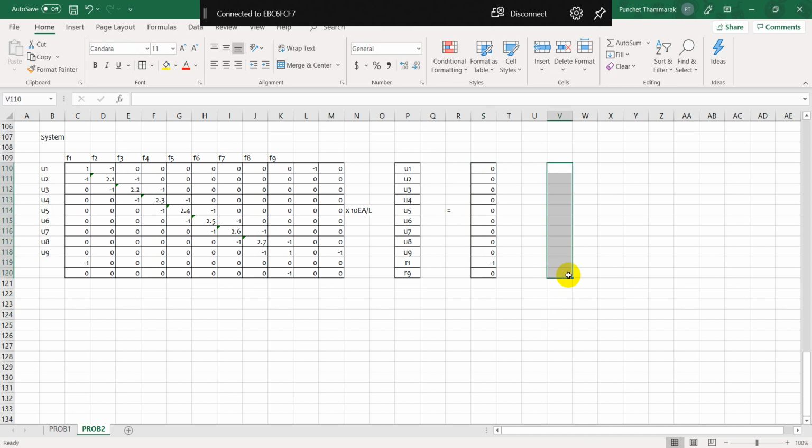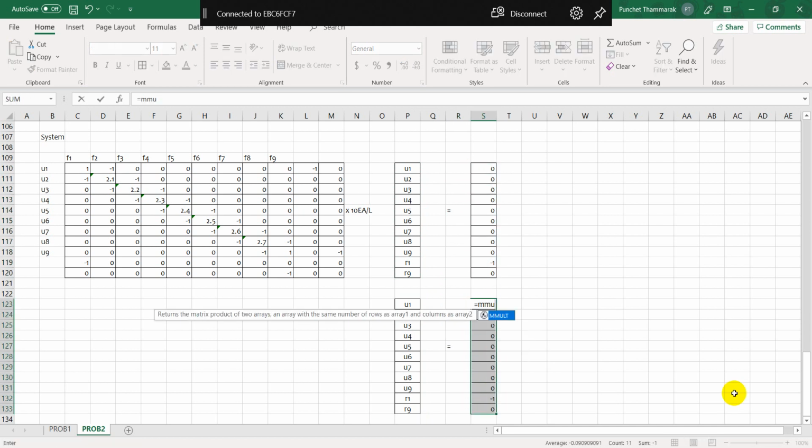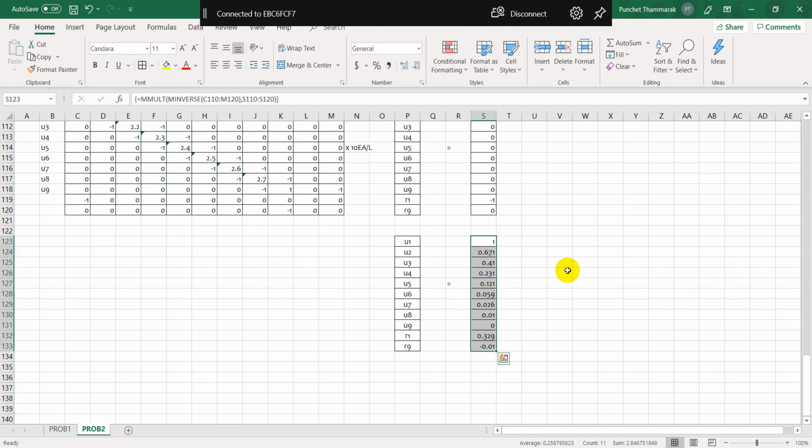And solve. So you are going to end up with M inverse of this, comma, this, close the bracket, and there it is. So you can see the distribution of the displacement start from 1 unit applied at the